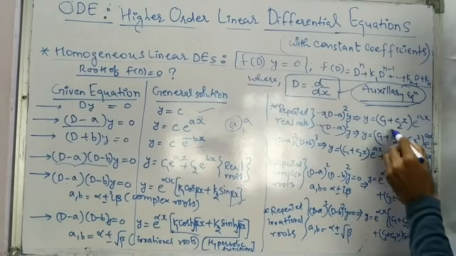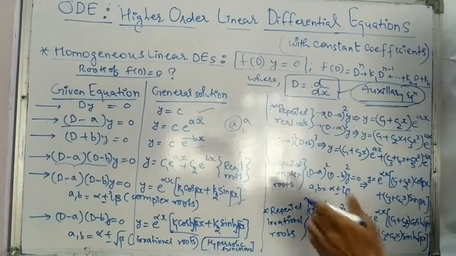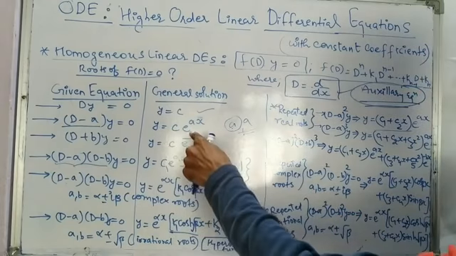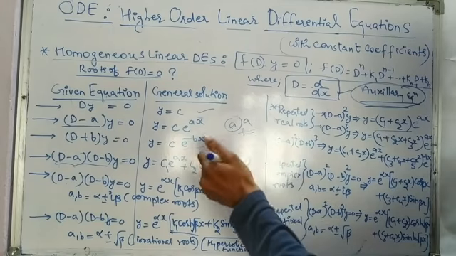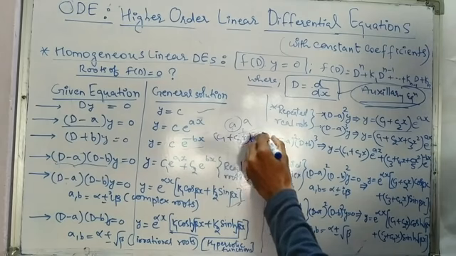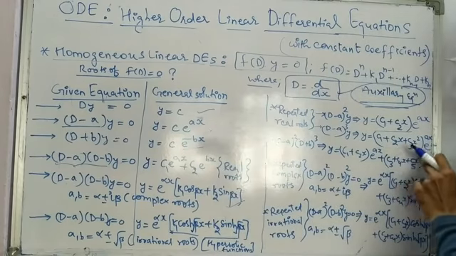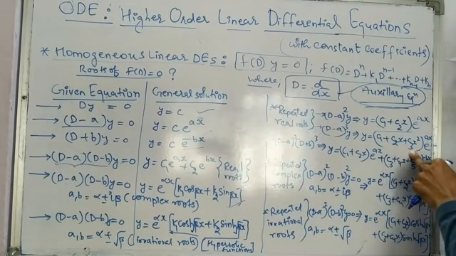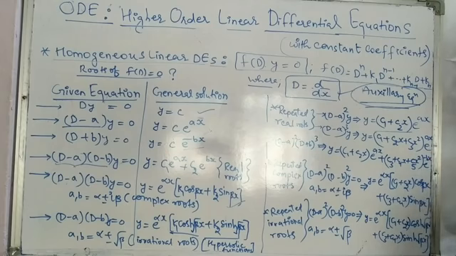In that case we are going to write the solution as c1 plus c2 x, e power ax. So the roots are a and a. In the previous case, if the root is only a, it was c1 e power ax, and if the roots are a and a, we are going to write c1 plus c2 x, e power ax. And if three roots are there, we will have to write up to x square: c1 plus c2 x plus c3 x square, e power ax, because for real roots we are going to get the exponential terms only.